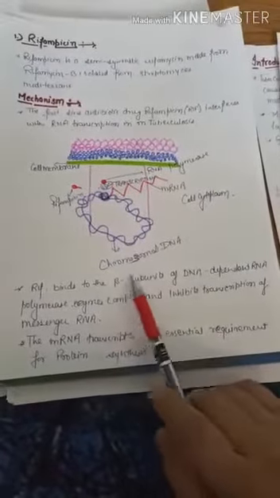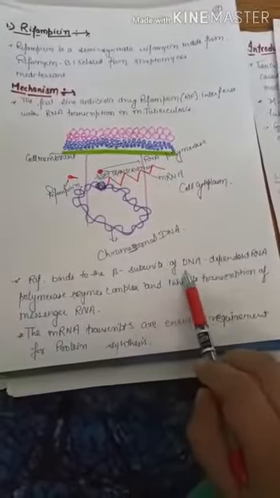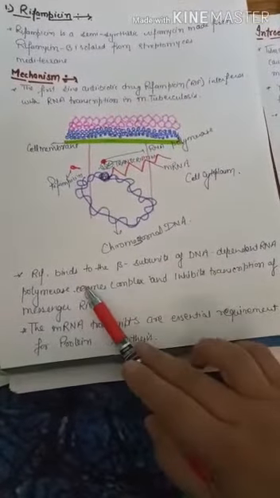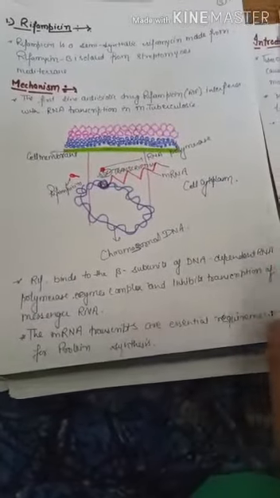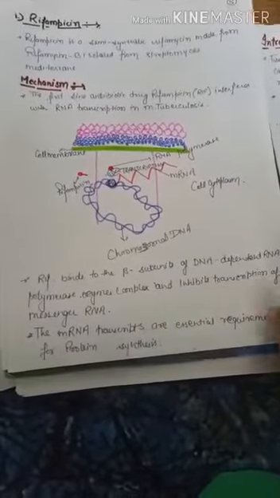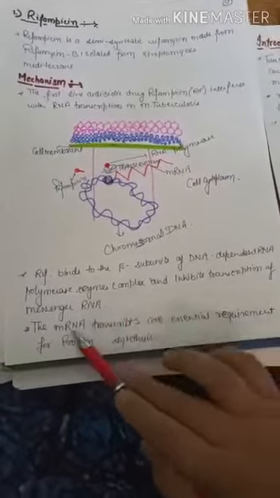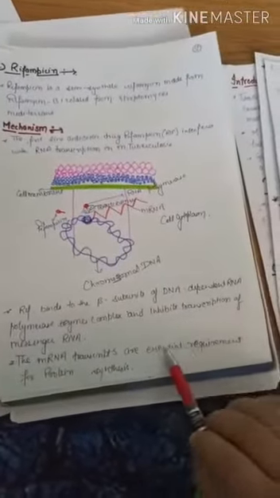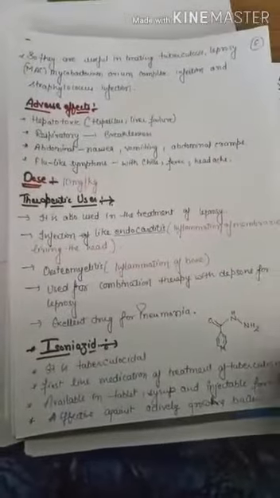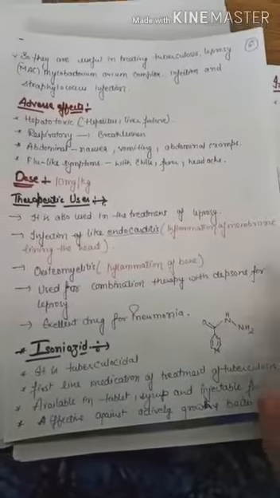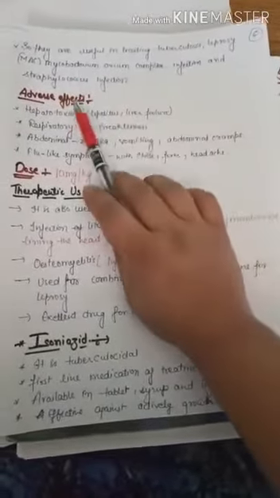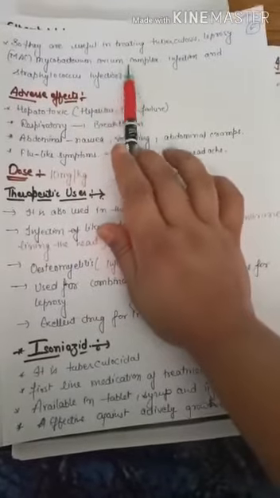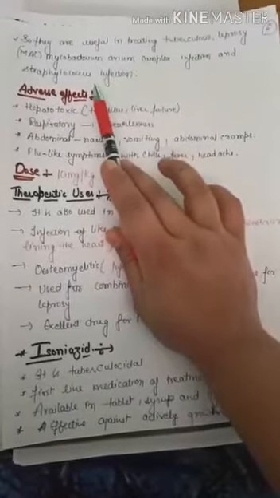Rifampicin binds to the beta subunit of DNA-dependent RNA polymerase complex and inhibits the transcription of messenger RNA. The mRNA transcripts are an essential requirement for protein synthesis, so it is useful in treating tuberculosis, leprosy, Mycobacterium avium complex infection, and